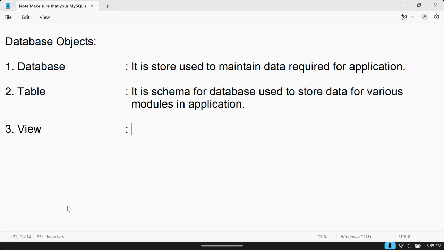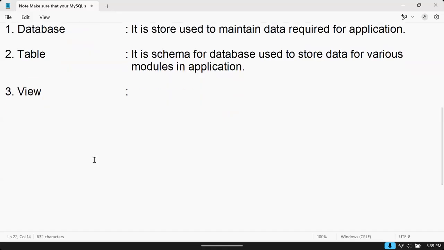Every database will have a view. A database comprises tables, and it also comprises views. A view is a virtual table. We have a table, and this is a virtual table. What is a view? For example, what happens is,